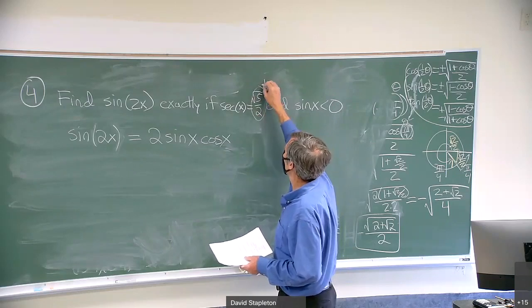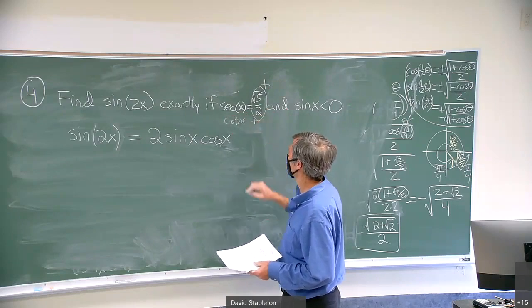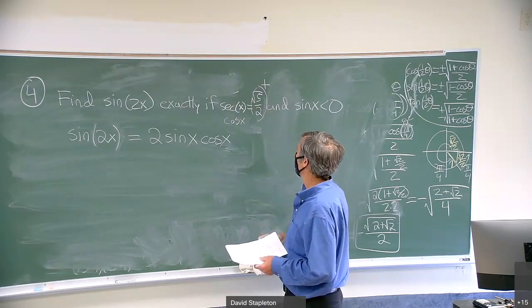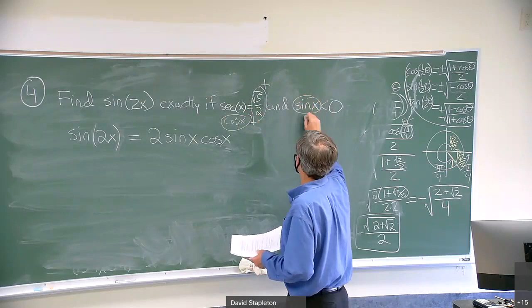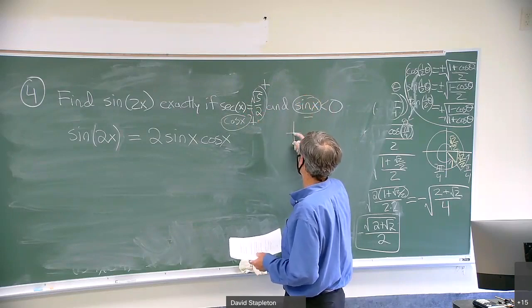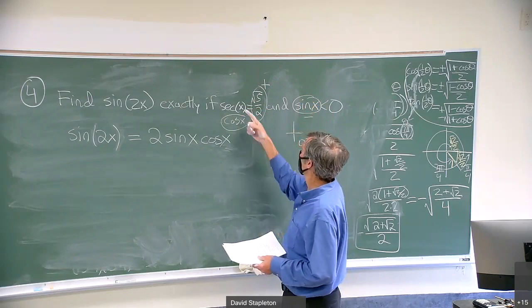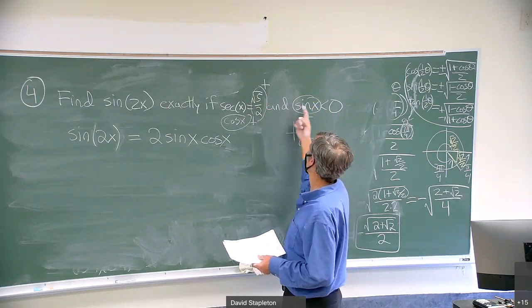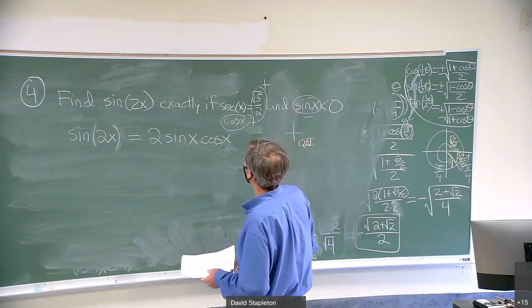If secant x is positive, that means its reciprocal cosine x is also positive. Right, it's 2 over square root 5. And if cosine is positive and sine is negative, then I can think in my head, positive x and negative y is over here. I'm in quadrant 4. So for this, I can figure out the quadrant from the sign of secant and the sine function. In quadrant 4, then,